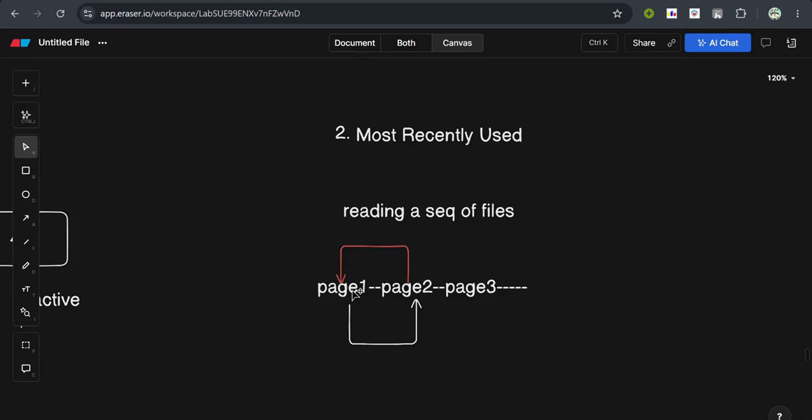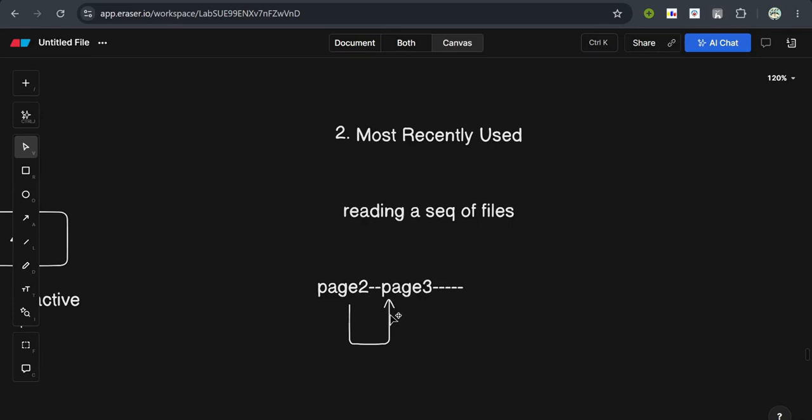And since we need to optimally delete our data from cache, in this case, since there is a lesser chance that the user will return to page 1 again, page 1 gets deleted from cache. There was a higher chance that the user would go from page 2 to page 3 and not back to page 1. Therefore, page 1 got deleted from cache, and page 1 was the most recently used one.